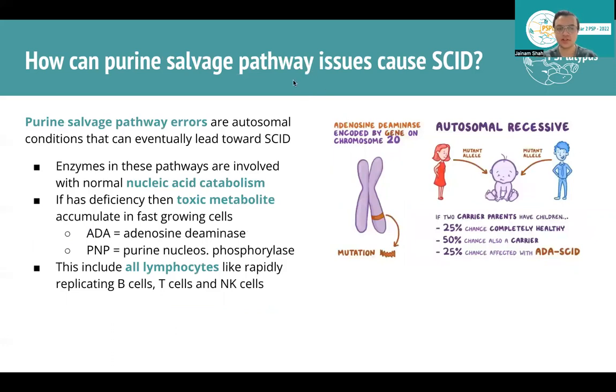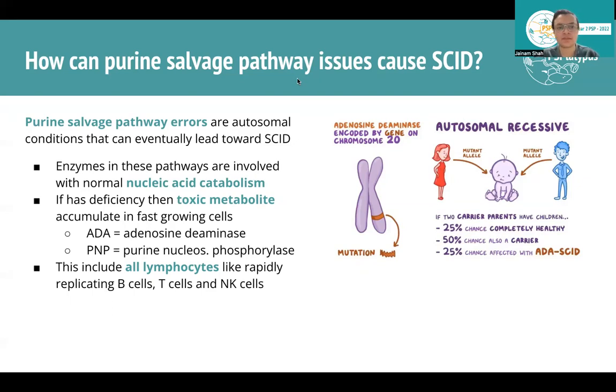So this is an autosomal condition. And what happens is that you normally have enzymes that are responsible for nucleic acid catabolism, so the breakdown of nucleic acid. But if you have a deficiency in them, then you can get a lot of toxic metabolites accumulating inside fast-growing cells that are obviously going to have a lot more nucleic acid because they're replicating very, very quickly. So some of these enzymes that are required for this process to happen and to avoid metabolites building up are ADA, the most important one, so adenosine deaminase, and you have a lesser expressed one, which is PNP, purine